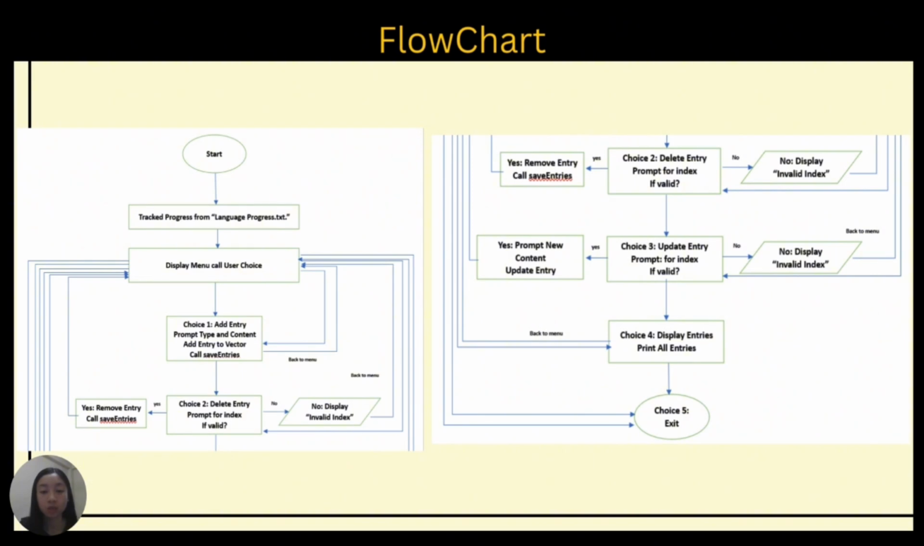The first one is choice 1. It allows adding a new entry. The user provides content and it is saved. Choice 2 will delete an entry by index. If the index is invalid, the program shows invalid index and